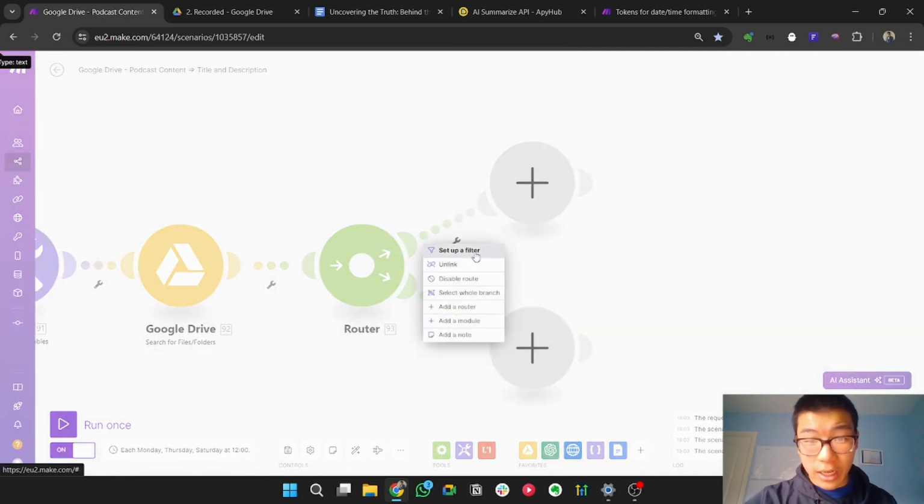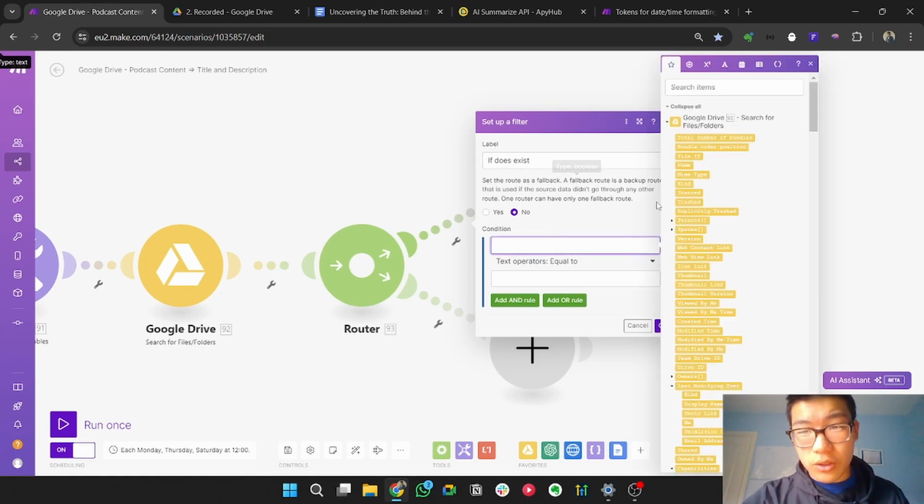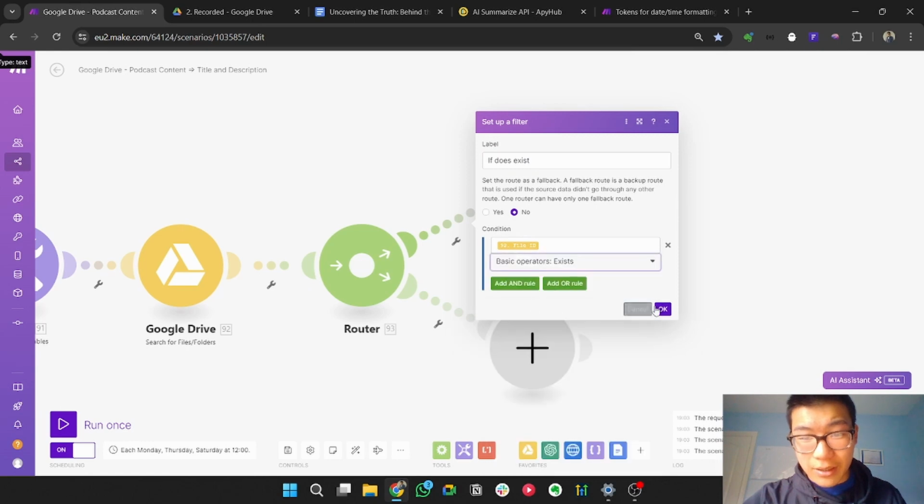So you want to set up a filter now. So if it does exist, the reason this is so helpful is because you save conditions or save module runs, because after a while it starts stacking up. So what you say is, if file ID does exist, right?